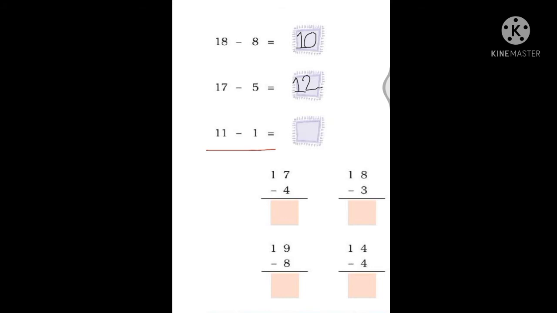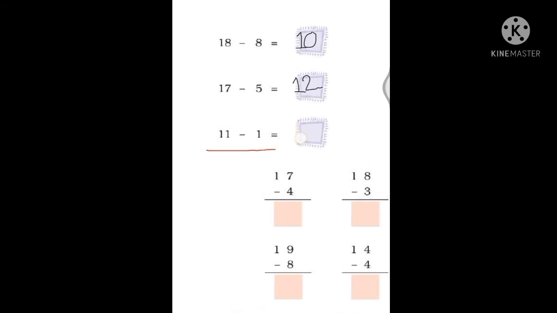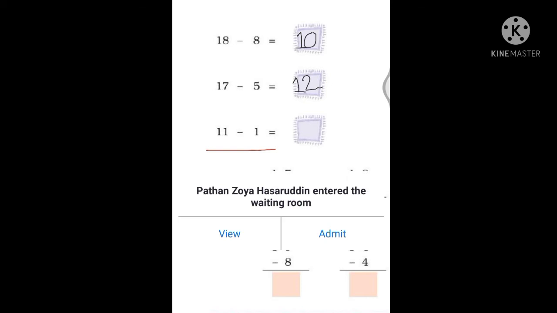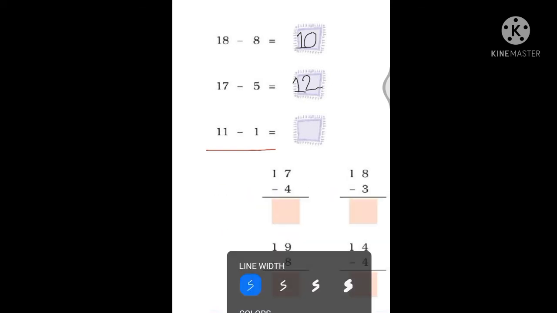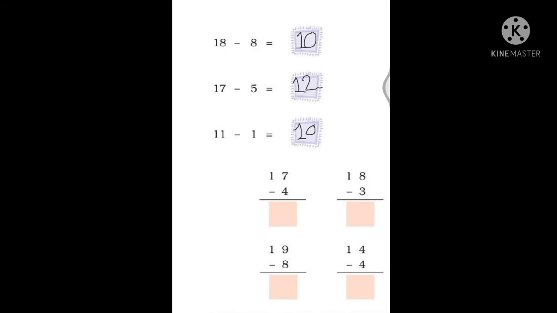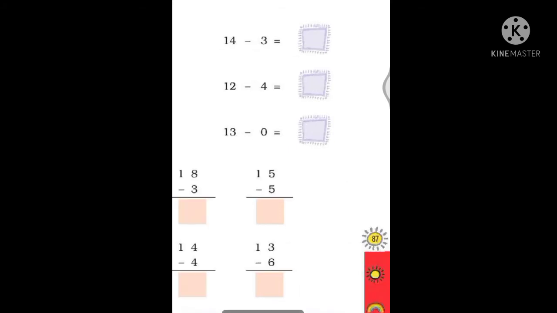So, students, if we do 11 minus 1, what we get answer? 11 minus 1, what we get answer, Umama beta? 10. Yes, you are absolutely right. If we do 11 minus 1, so we get answer 10. Yes or no? So, here we have to write down 10 in the given box. Yes or no? Understood, everyone? Now we will move towards the next.